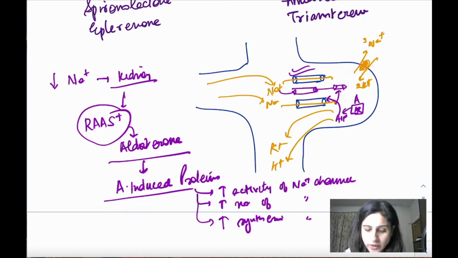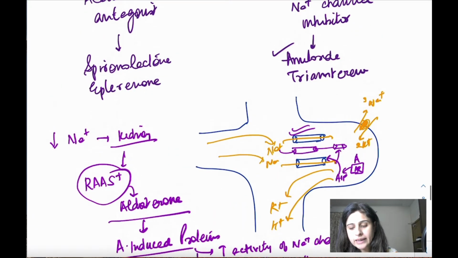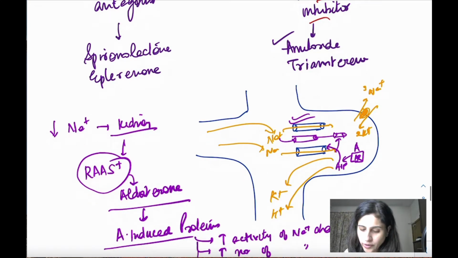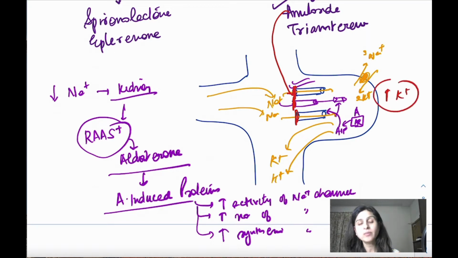So what do you do when you give these drugs? Let's go first to the simple one, the renal epithelial channel inhibitor. What are they going to do? They are simply going to act on these channels and block them. So sodium is not going to be reabsorbed. And when sodium is not reabsorbed, obviously potassium will also not be lost. So the potassium level in the body will stay high. It will be retained in the body and will not be lost in that case.